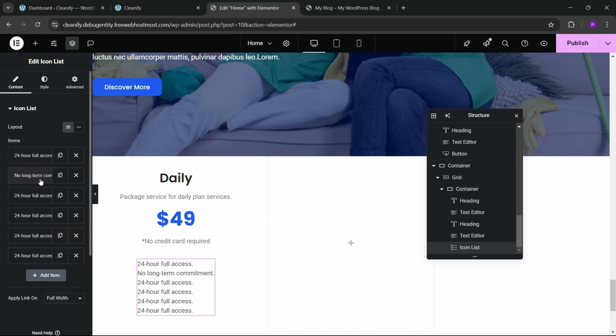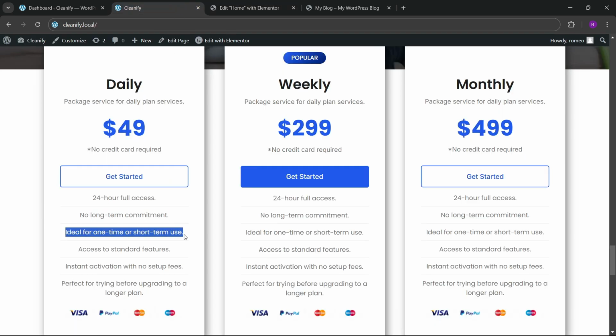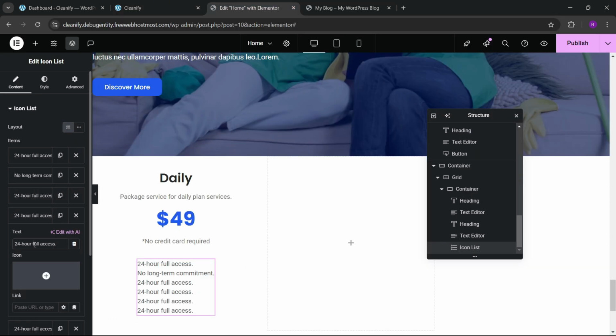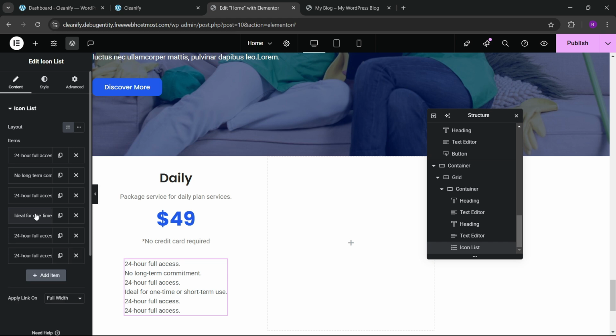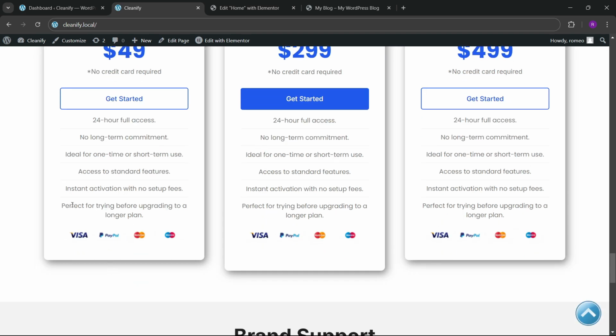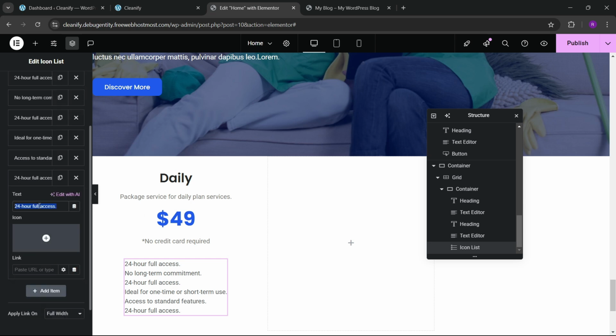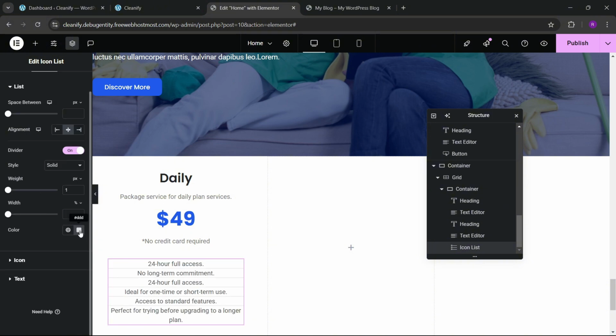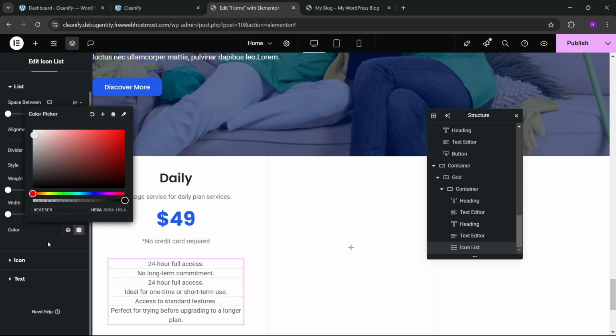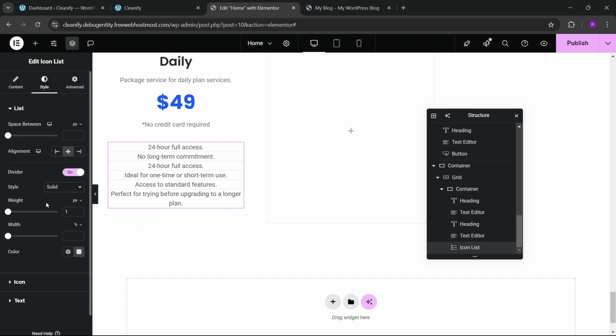Okay, so let me change the content of all of this. Okay, so let's say, and here also you have to choose this. Okay, here you can see that we have successfully, let me copy this content also. Okay, so you can copy and paste this content according to you, and now make this in the center. Here we can also use the divider. Okay, like this. So the color of the divider would be a little bit more this, like this, and what